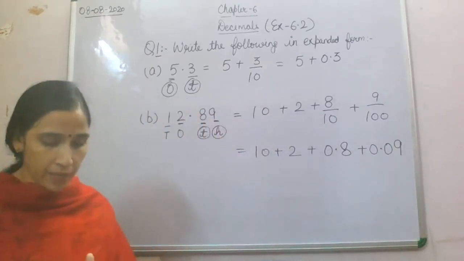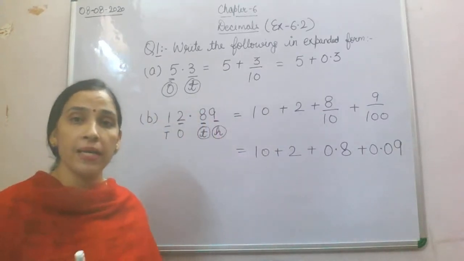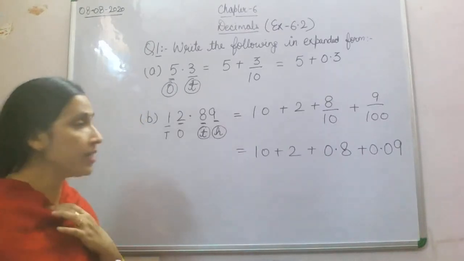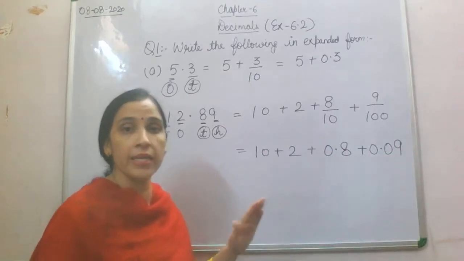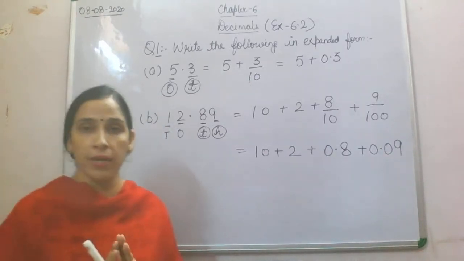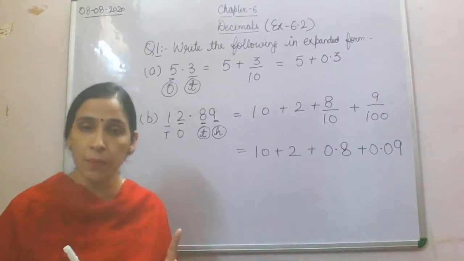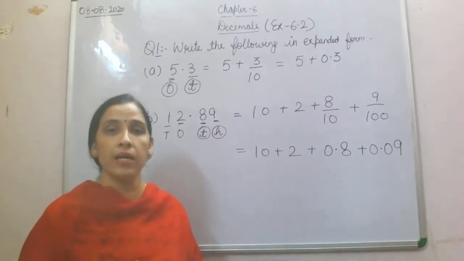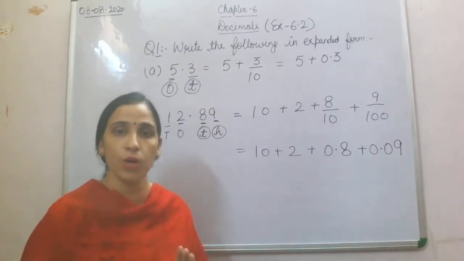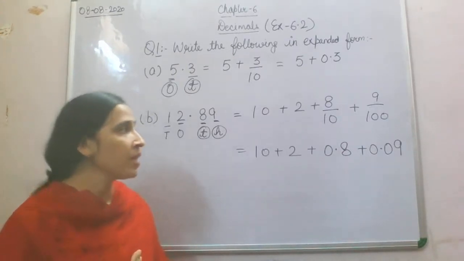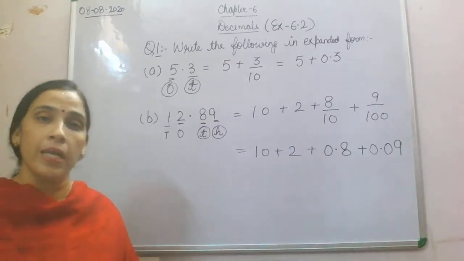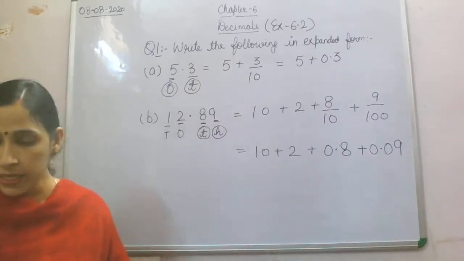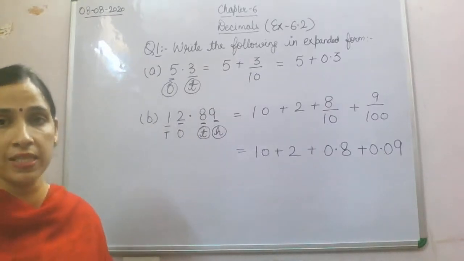So what will it become? It will become 2 decimal places, 0.09. I hope this concept of writing it into decimal form is also clear: the tenths place will be divided by 10, which means you require 1 decimal place. The hundredths place is going to be divided by 100, and there you are going to require 2 decimal places, that is 0.09, and here 0.8. Fine. Now we'll see the next question of the same.